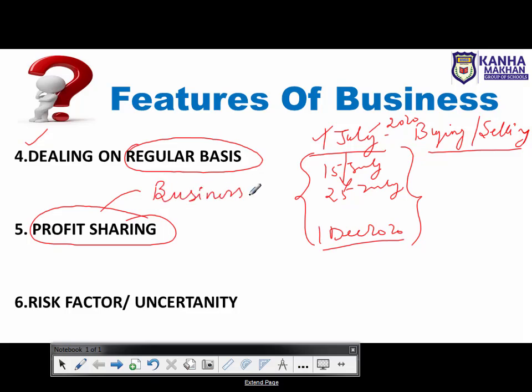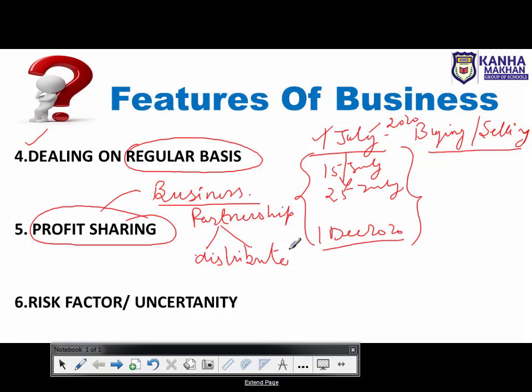ठीक है, अगर सोल प्रोप्राइटरशिप है तो ऑब्वियसली यानी कि सिंगल ओनर है, तो उस केस में whatever the profit is being generated, that will completely be shared or capped by the businessman itself. And suppose if you are going for a partnership business, अगर partnership business है तो obviously the profit will be distributed. ठीक है, the profit will be distributed.